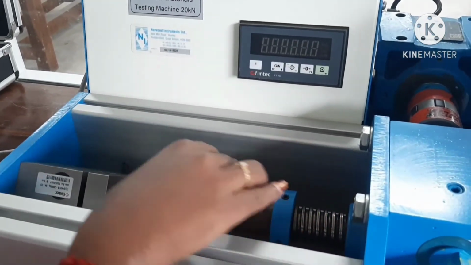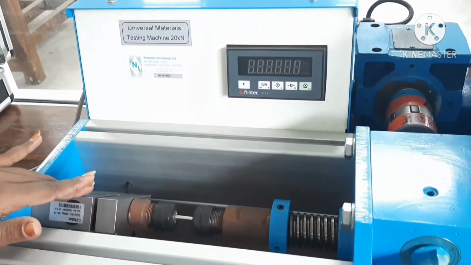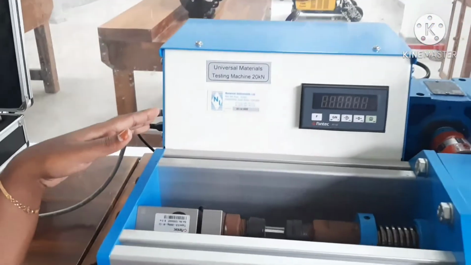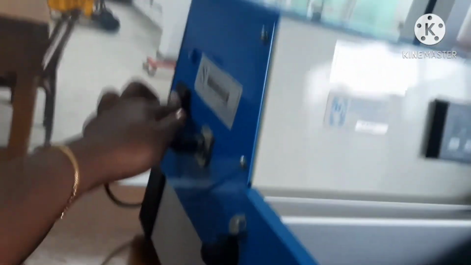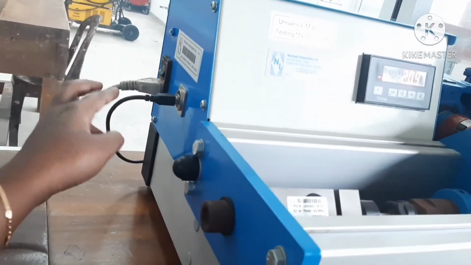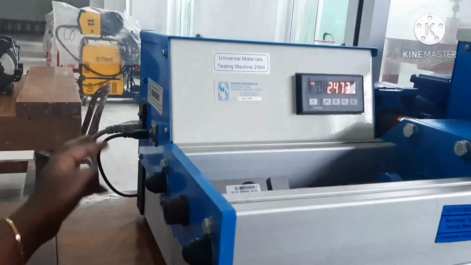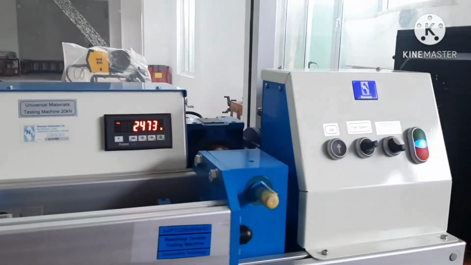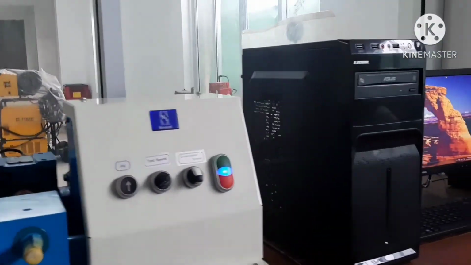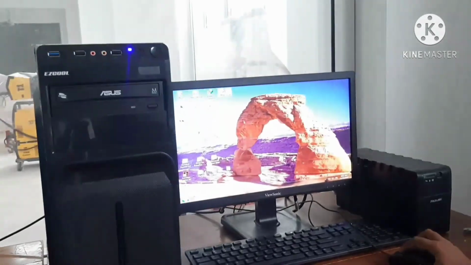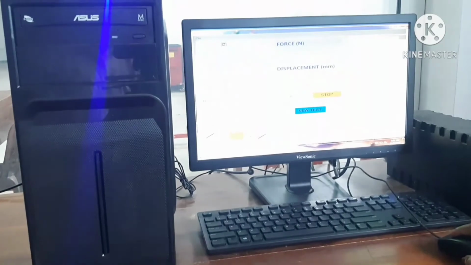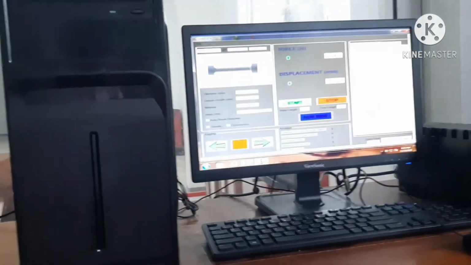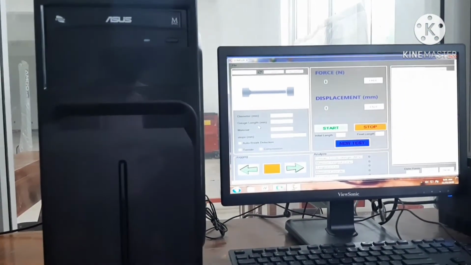This is the crosshead, collet nuts and load cell of the machine. First, to begin the practical, we have to switch on the machine. As you can see, the Universal Testing Machine is connected to the control system through a data cable. So this test can be controlled by selecting the software, and then we have to choose the port through which it is connected. Then you can insert the diameter and gauge length here.